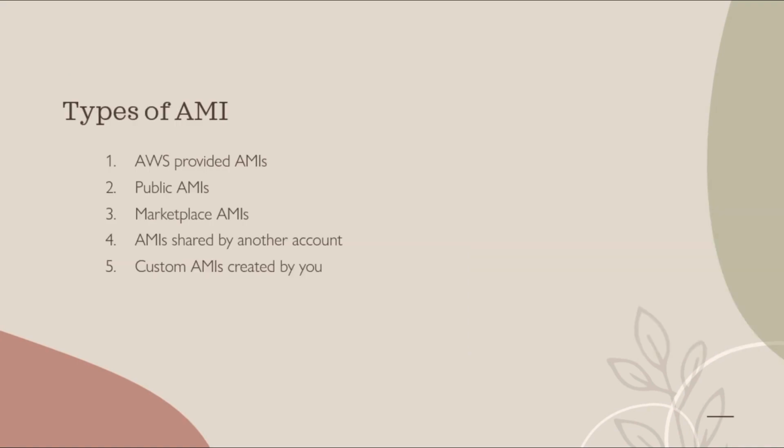And types of AMI. AWS-provided AMI means these are the AMIs which are offered by default by AWS, like Amazon Linux or Windows, Ubuntu, Red Hat, etc. Public AMI means anyone can use this AMI, which is available for everyone to use. Marketplace AMI means it can be either a paid or free AMI from the AWS Marketplace, and these kinds of AMIs include